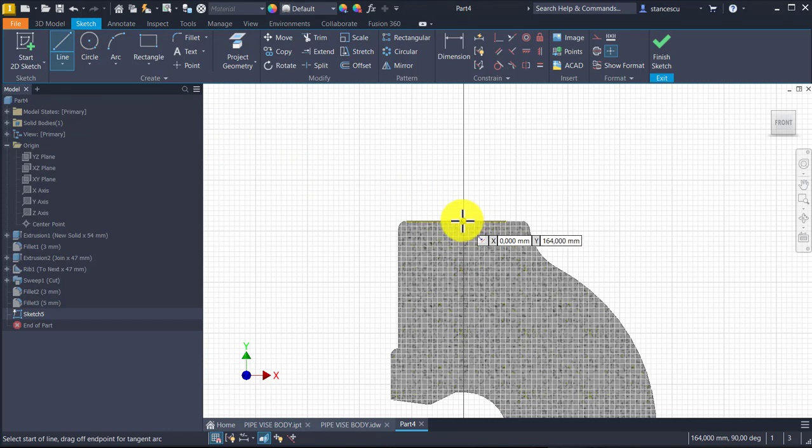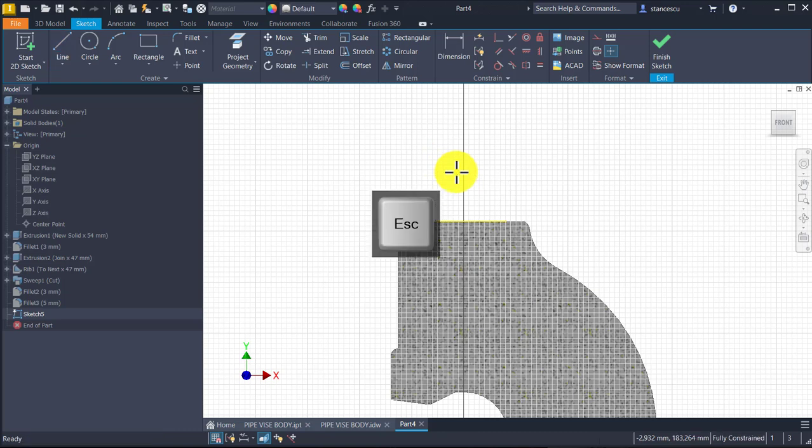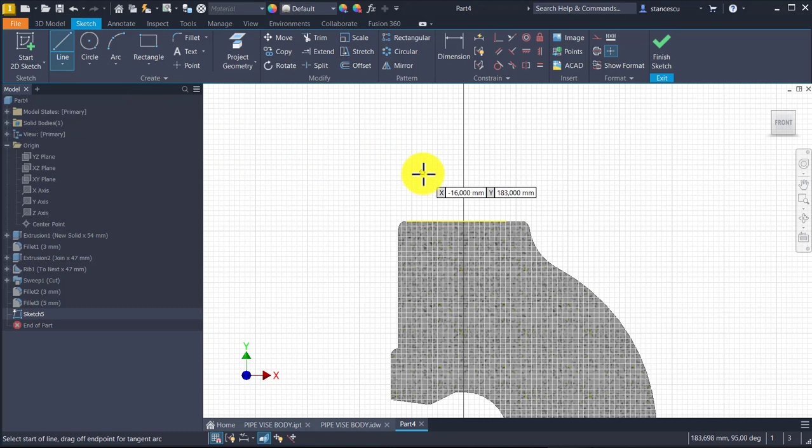We start from a point. I don't like that point. We start from this point,